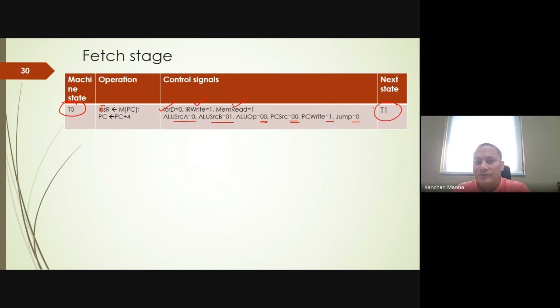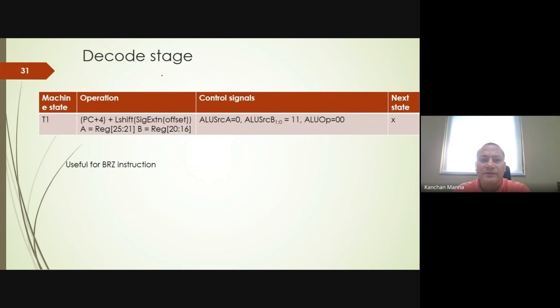Okay. So similarly, in the next step, what we are doing is reading the two values from the register file and storing them in the A register and B register. And this is coming via the RS and RT fields. And also we are calculating the branch address here. And for that purpose, if you remember